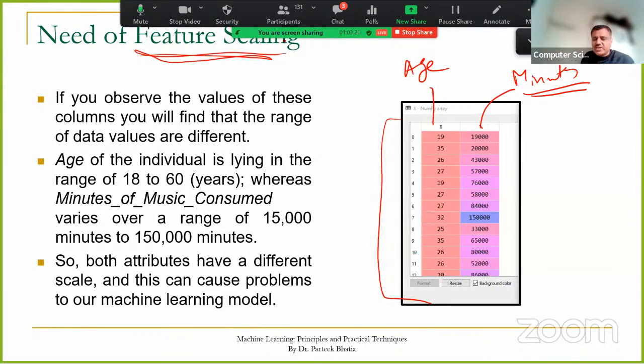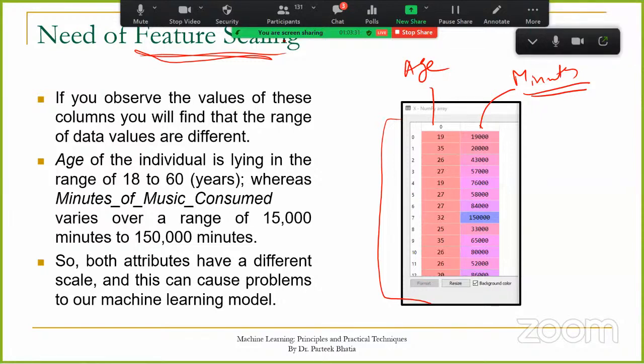Can anybody tell me what is feature scaling? What is feature scaling? No idea, sir. Put all the values, बस करो. Put range, because they are varying. सर मतलब बहुत सारे वैल्यूज वेरी कर रहे हैं, तो उनको एक सिमिलर रेंज में लाने के लिए हम कुछ रेंजेस रख लेंगे, जैसे एज का कुछ रेंज।